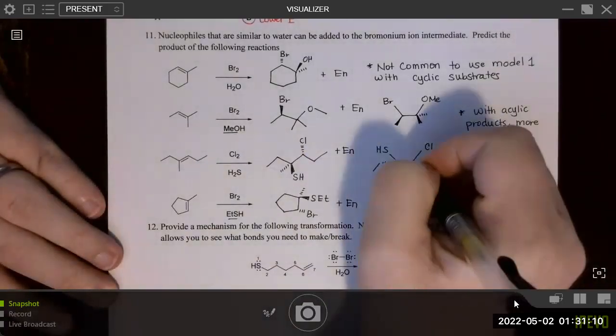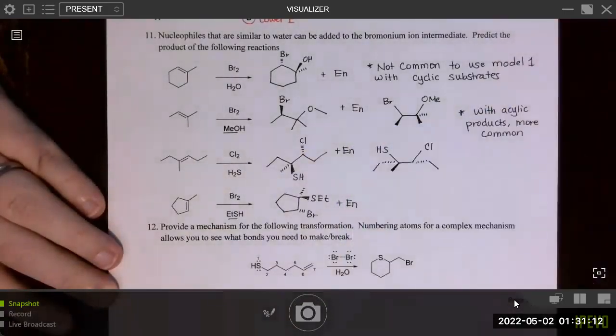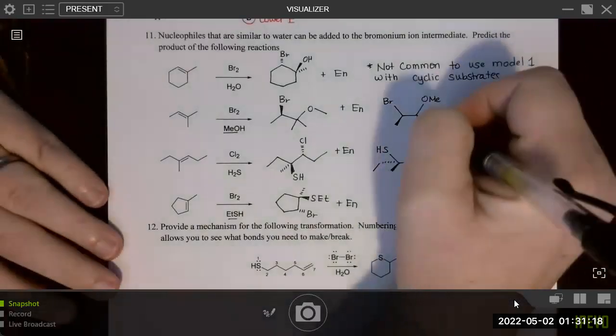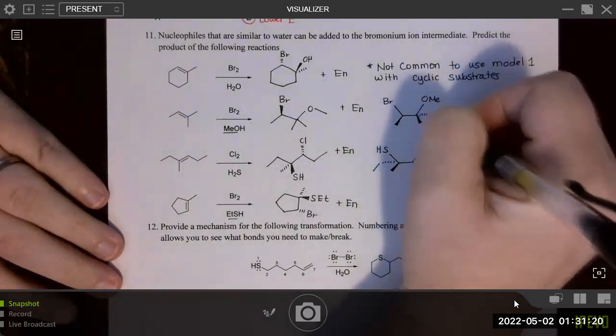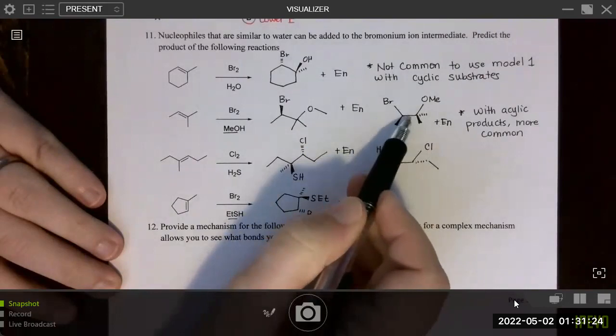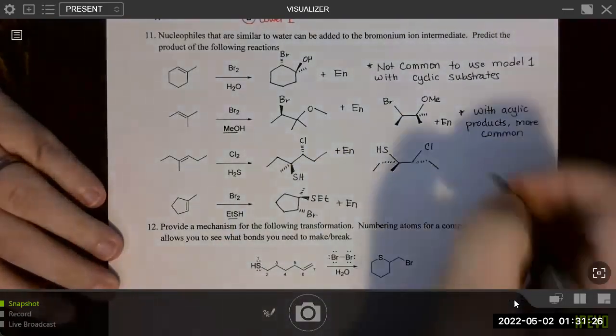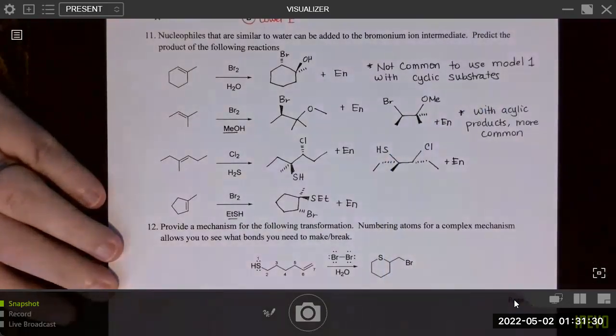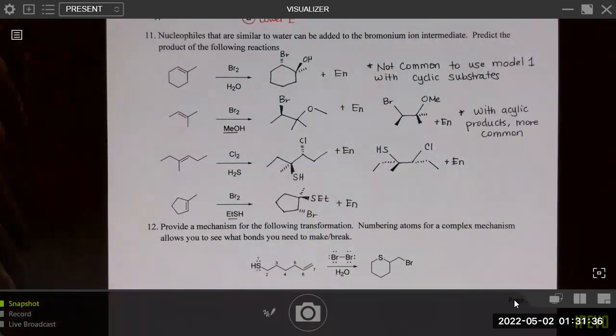And then we want to go ahead and switch this, right, because of the anti-addition. Also, okay. And again, these are also plus the enantiomer. In this case, only this is a chiral center, so it's only the enantiomer of one chiral center. In this case, two chiral centers. So the enantiomer of both, the mirror image of both. Okay, so different ways of doing it.